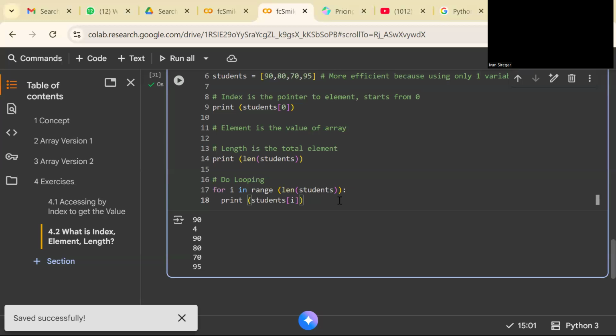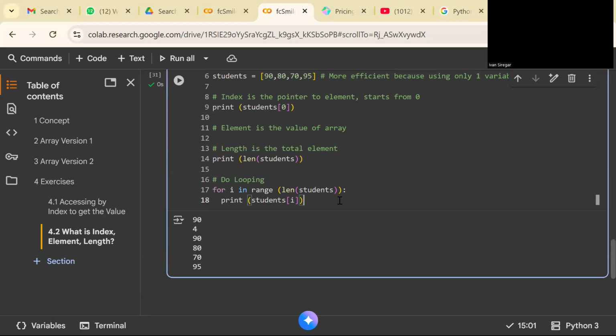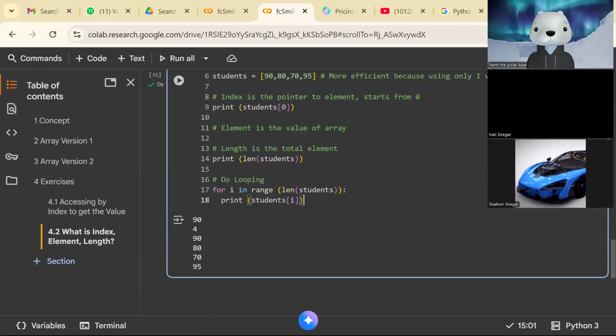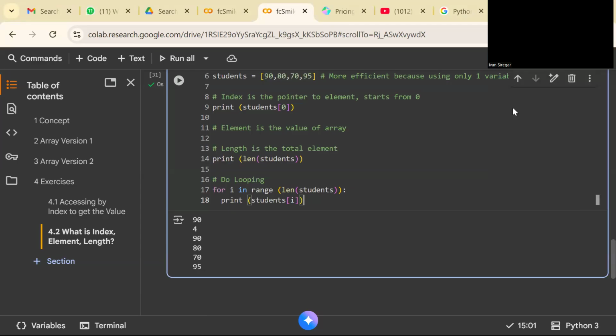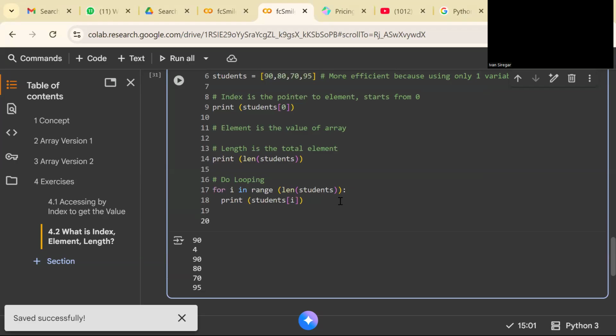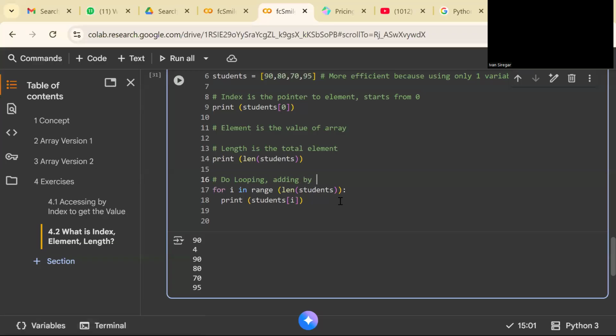Okay, so I think that's all for today's session. And yeah, I'm going to share the homework with you. Let's say we're going to do looping and adding by 10.